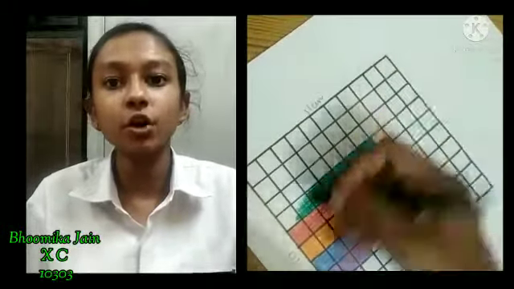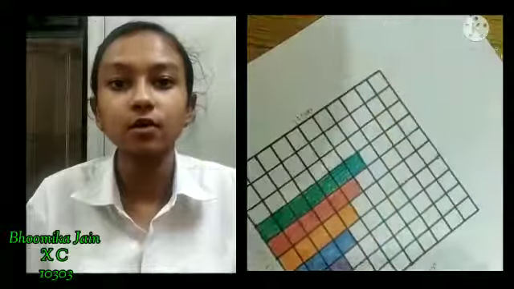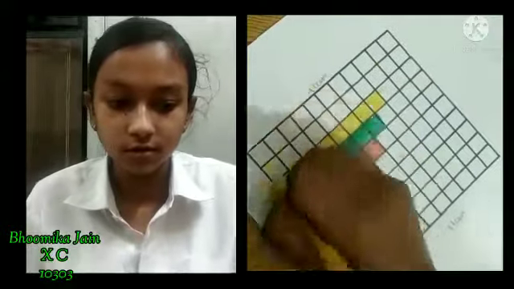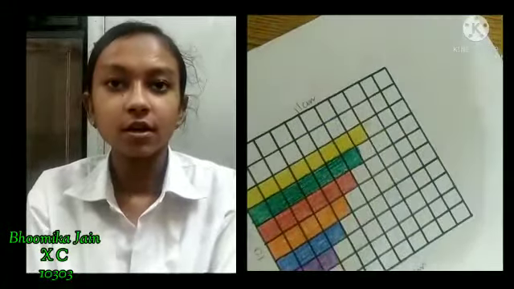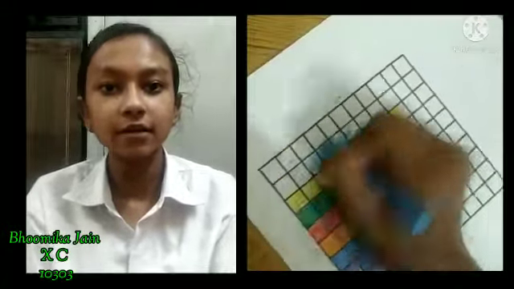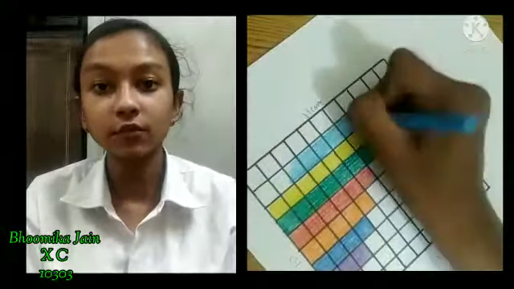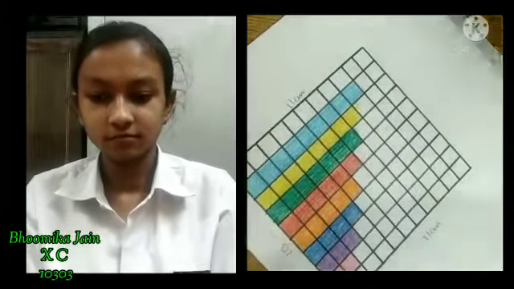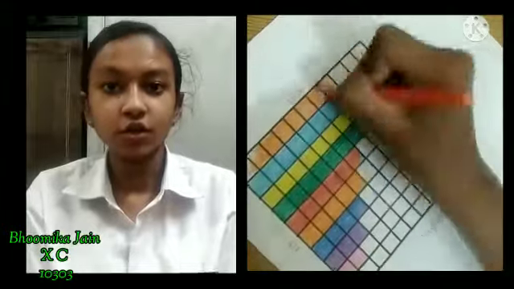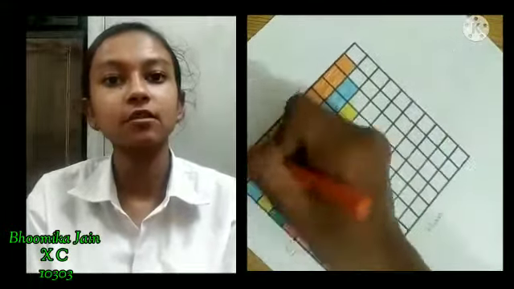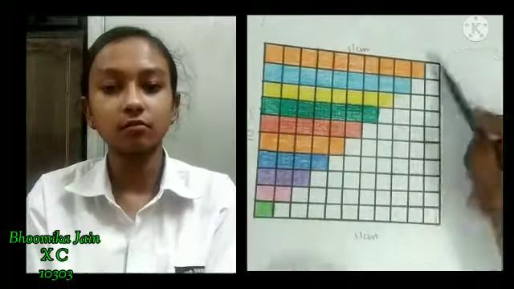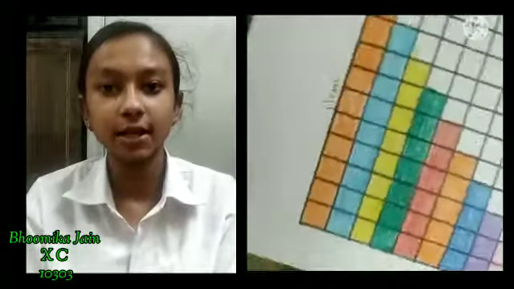Same up till the top layer, where we have to color 10 boxes in the topmost layer. If we color in this manner and then cut, one will be the replica of the other. You can see on the screen that we have to color each line with a different color.